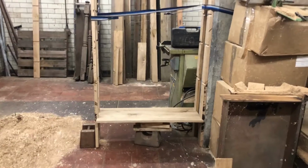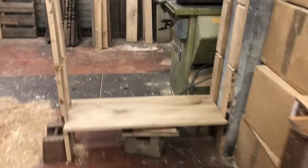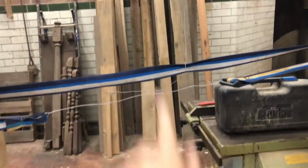Ooh, smooth. We've sort of repaired the situation where it went badly wrong a bit, and we've got onto the stage where we can do what's called a dry assemble. It's like you just sort of prop stuff up to check that it all goes together nicely, and it does. I'm actually going to struggle to get far enough away to get it all in one, but that's just the bottom shelf. So she just slots in there, and they'll all slot in, and then there's a piece to go in at the back here as well. But yeah,